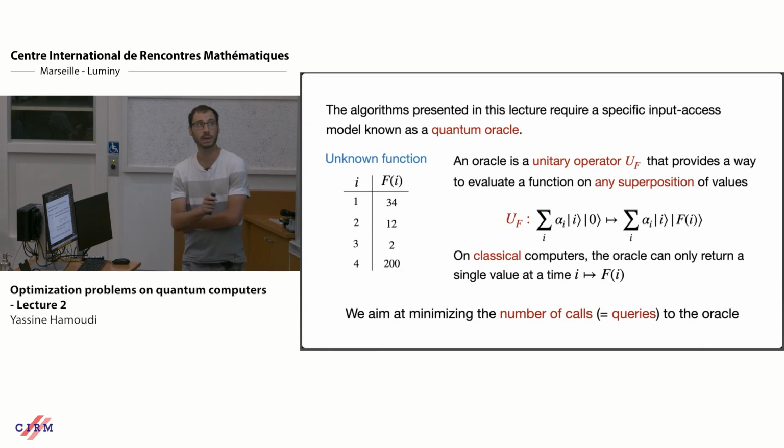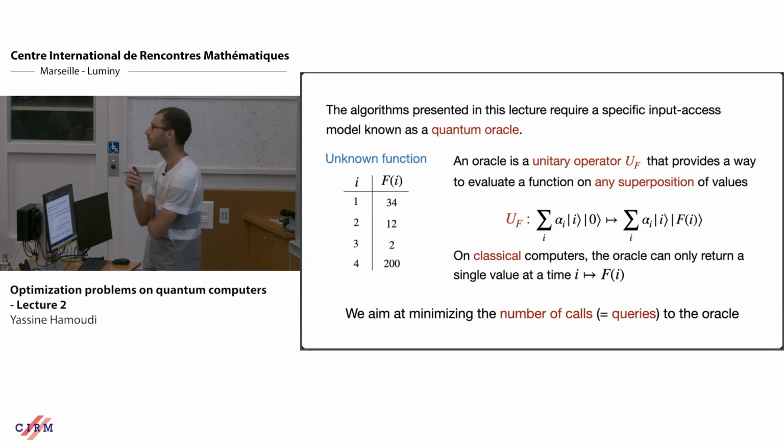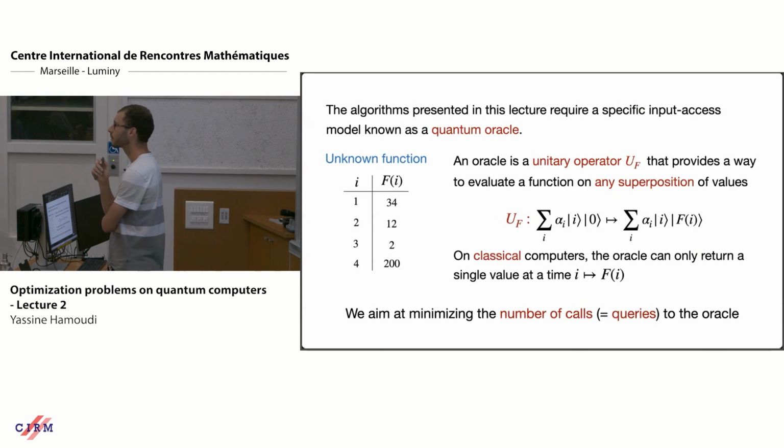This object is studied a lot in computer science, and in particular in quantum computing, because it helps us give very precise guarantees about the running time of algorithms, lower bounds and upper bounds. Yes, please. You said at the beginning that there are some provable quantum advantages. Do those quantum advantages take into account the